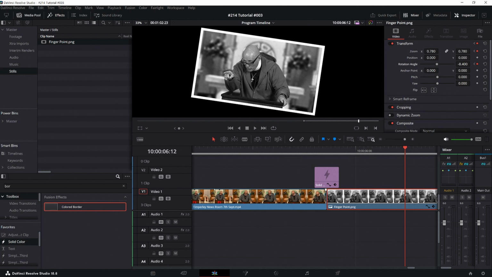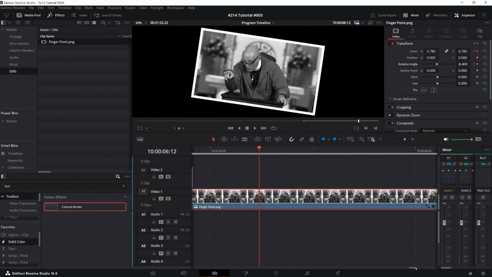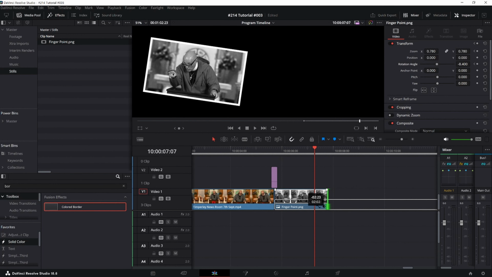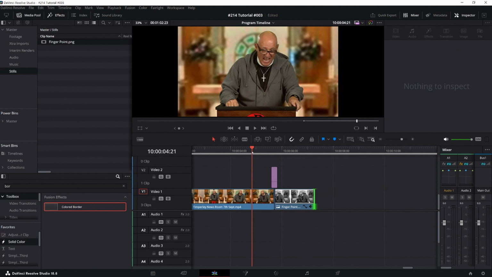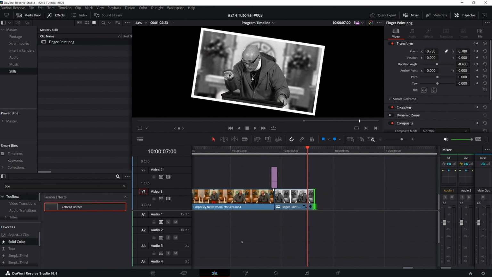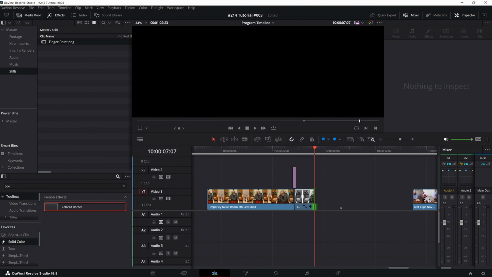I want it to then remain in that position for 20 frames. So if you go forward, 1, 2, 3, 4, 5, 6, 7, 8, 9, 10, 11, 12, 13, 14, 15, 16, 17, 18, 19, 20, and then you can now shorten that clip to that length. So you reduce it, you can now play it, and it holds it. You can then move your next clip up to that,